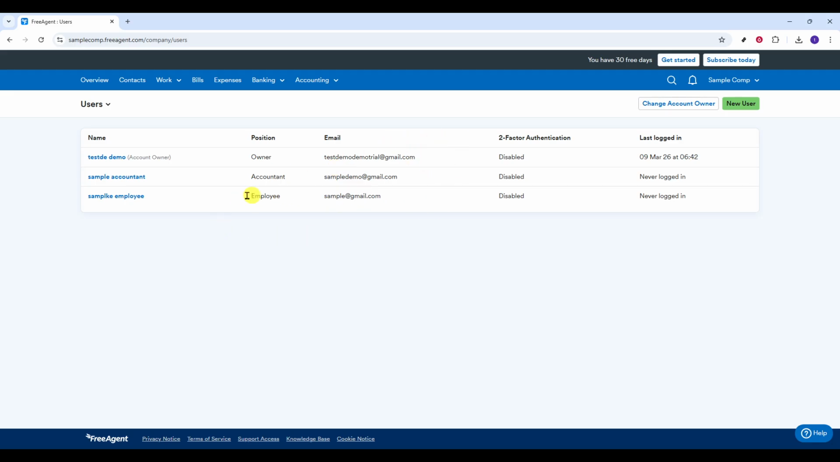That's it. Starting from Overview, into Settings, then Users, New User, pick Accountant, complete their details, set the status, confirm